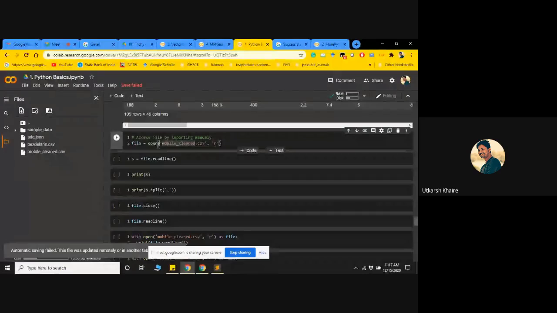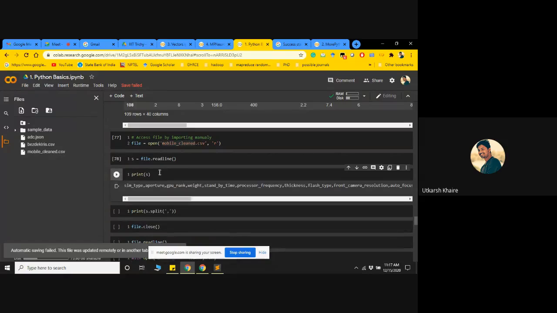I'm opening this file in a read mode. Mobileclean.csv is already available in my file handler. So simply I'm opening this file, and then I'm reading the line of that particular file. So s is equal to file.readline. Okay, and simply if I print this s, it will give me